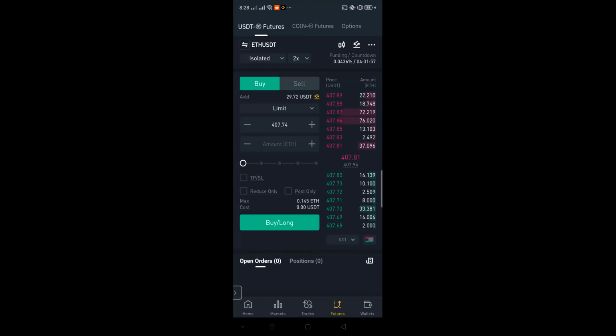But if it goes against you, you have already prepared yourself for the amount of money you are willing to lose, so that you won't go beyond that. So once you check out the market and you realize that the price is with